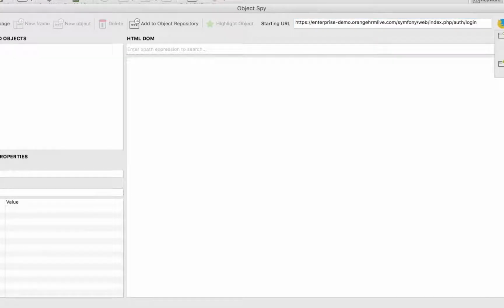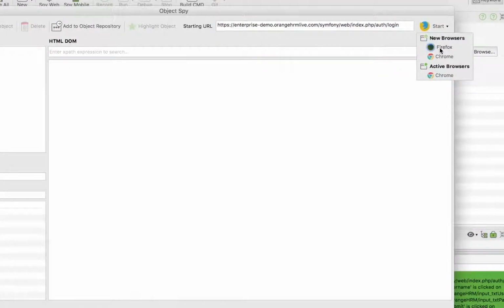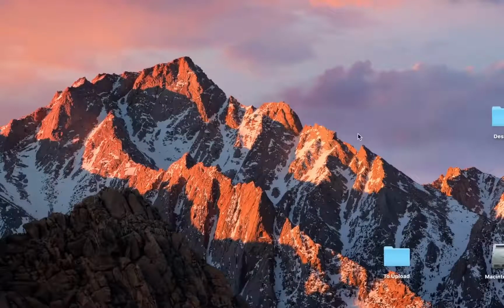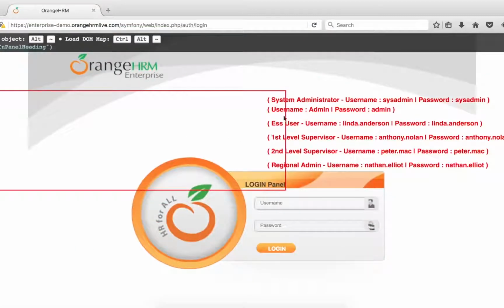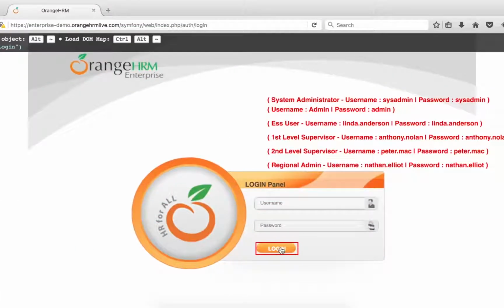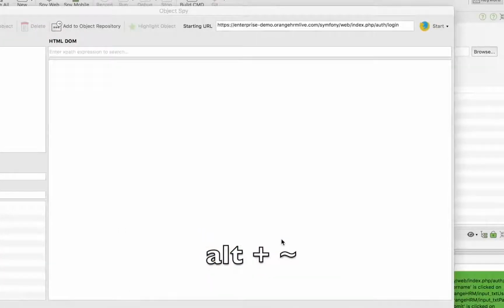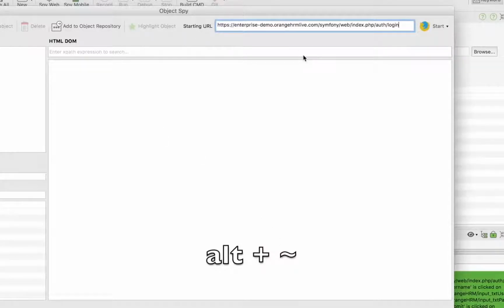and you can hit the start button. Any of these browsers, let us select Firefox, and you can see it is opening our URL on a Firefox browser. And now wherever I take my cursor, it highlights that object, and you can press the Alt and the tilde key, the backward key on your keyboard, to capture that object. For example, I want to capture this login button. I will highlight it and press the Alt plus tilde key, and you can see here